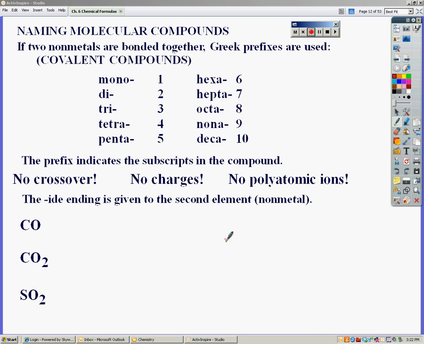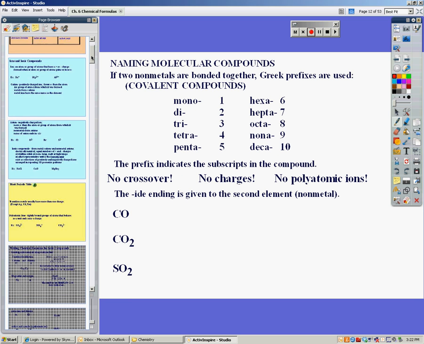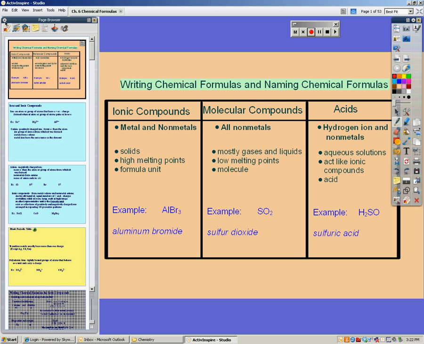Okay, so today's lesson is about writing formulas and giving names to molecular compounds. So you have to be able to tell if it's a molecular compound or not. And remember, the first page of your note goes over how to tell the difference. If you look at this page again,